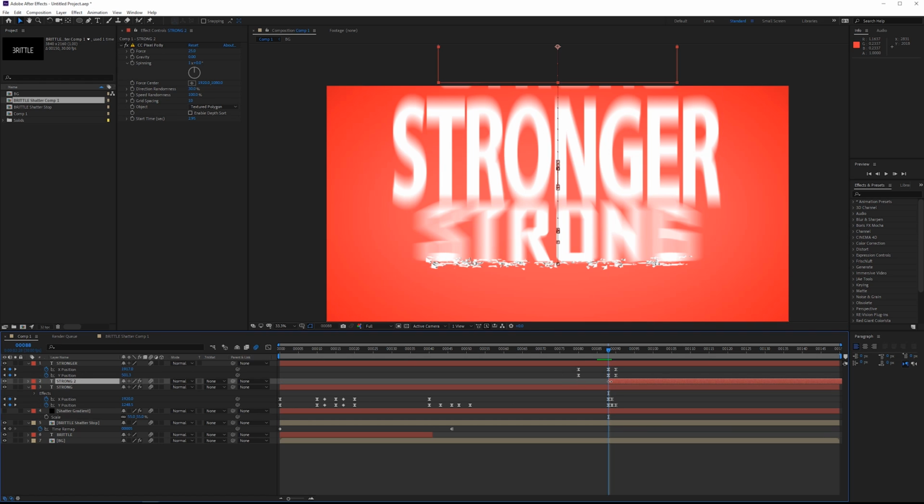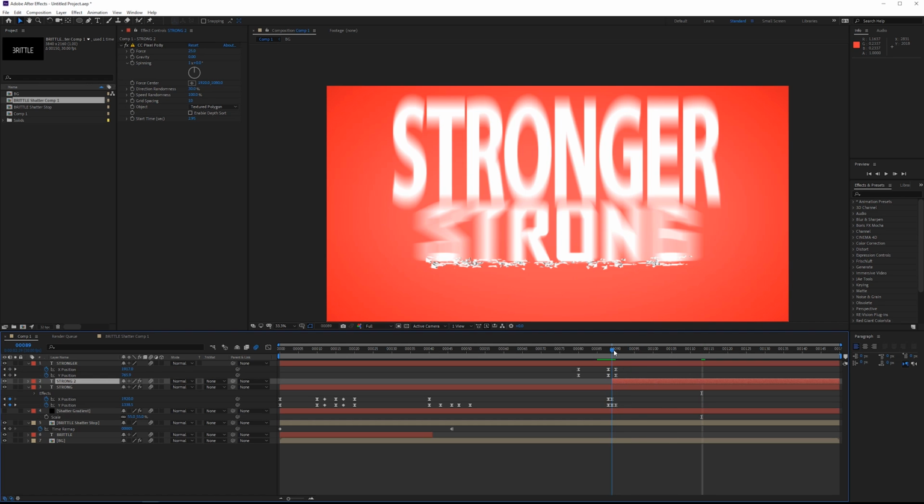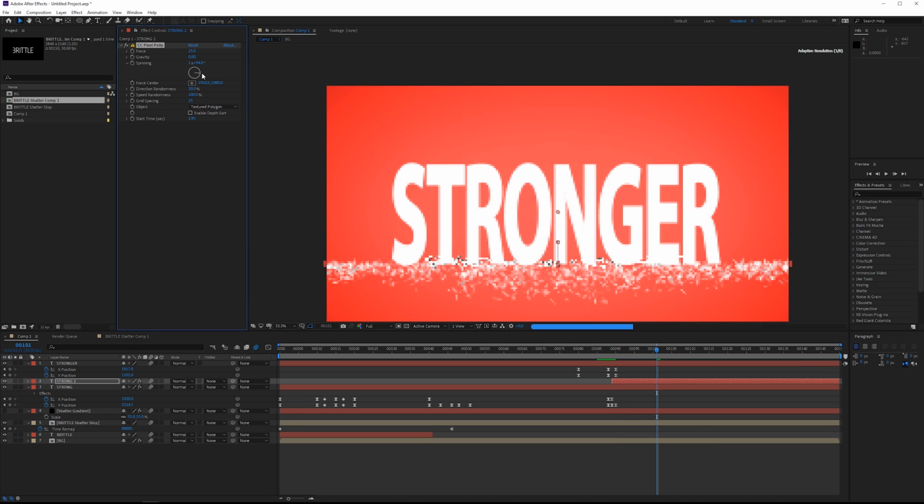We're at frame 89, so at frame 89, hold down Alt and click the left bracket. We're just going to trim it to start there. Then we'll get more pieces if we offset this just a little bit. So go to our grid spacing. We could increase the grid spacing back up a little bit so we get larger pieces. We can also change how much it spins,